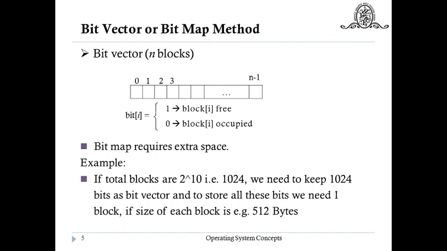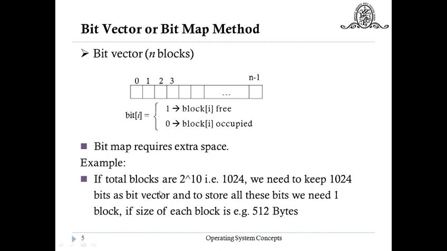Now the question is where to maintain these 256 bits. These bits are maintained on the same secondary storage, and for that we need some extra space, that is, one full block will be required to maintain the bitmap or bit vector. For example, here we can see that we have blocks 0 to n minus 1 and for each block one bit is maintained, but for that block some index is given, which is the block number. So the bit vector also has the index and that index indicates the block number.